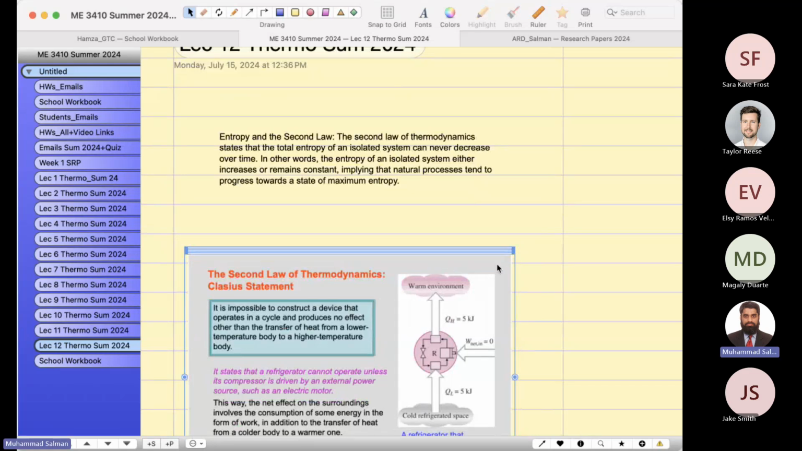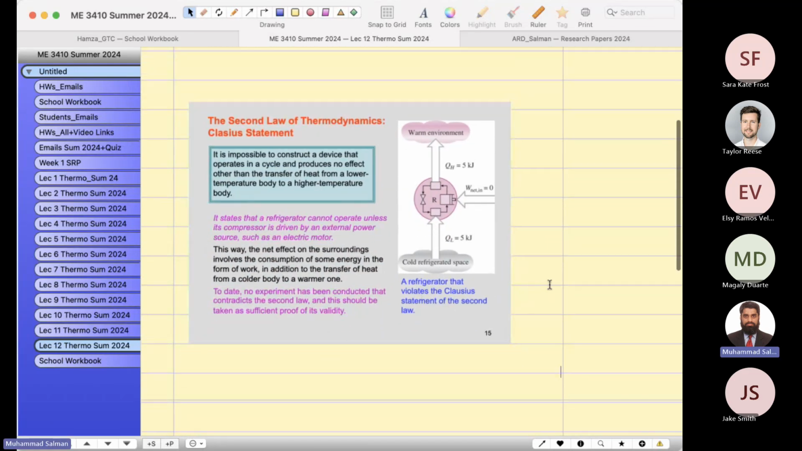So this is for refrigeration cycles. A refrigerator must have a work input. This work input should not be zero. And that's why it is the second law. This says that